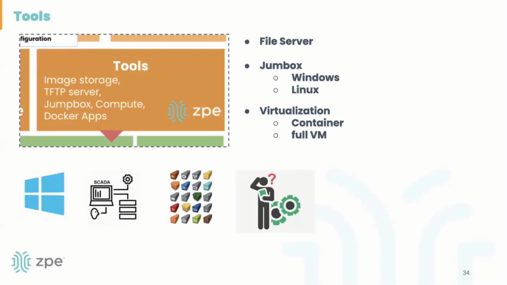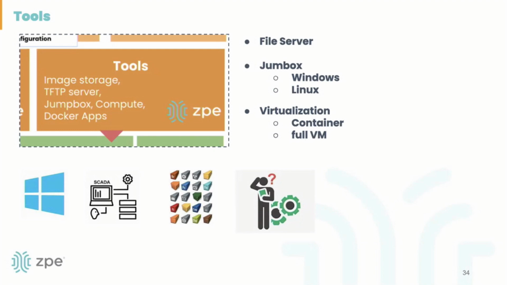So now let's jump on to the next one, and that is our tools section. So what do we mean by that? Now, in general, most enterprise customers require some form of remote IT presence in every single location. That is typically realized through a jump box, which might be installed locally. In most cases, those jump boxes provide some form of file server capability so that you can store a local backup, serve out firmware updates, or there are many other reasons why you might want to, at least for a while, store some form of file and then serve it out to